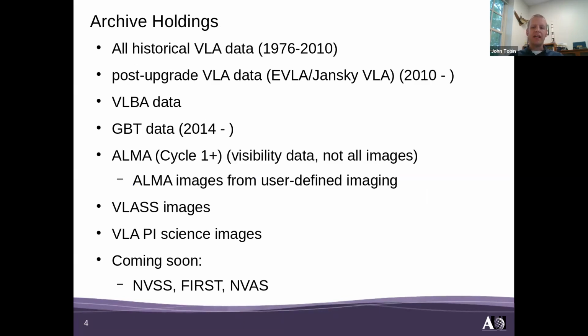And now, what does the archive have in it? The new NRAO archive has all of the historical VLA data, which was from 1976 to 2010. It has all of the post-upgrade VLA data. It contains the VLBA data, GBT data from 2014 onward, ALMA cycle 1 and beyond, and data beyond that. This is mainly the visibility data. We don't currently have all of the ALMA images